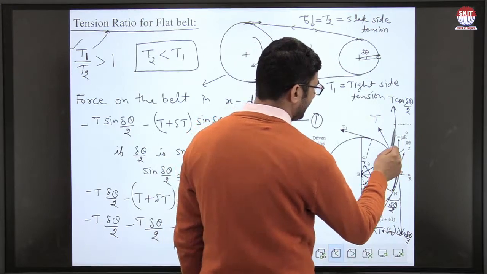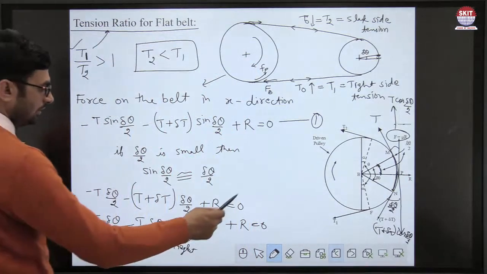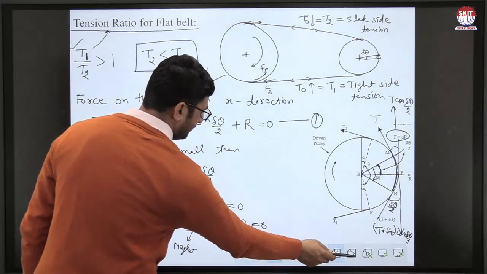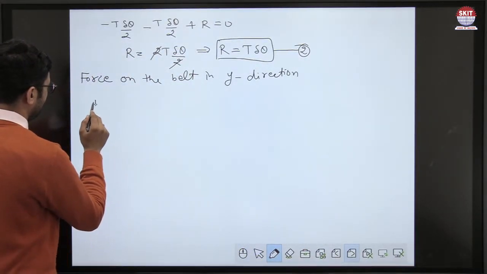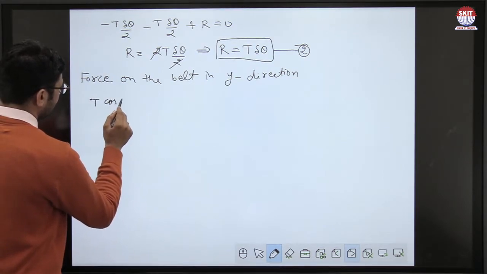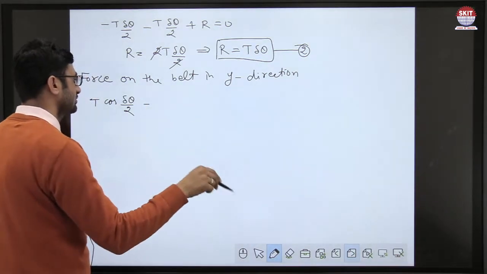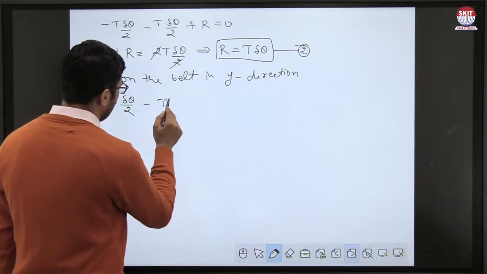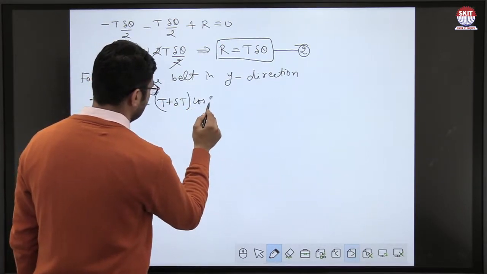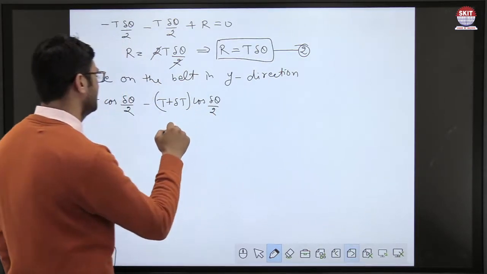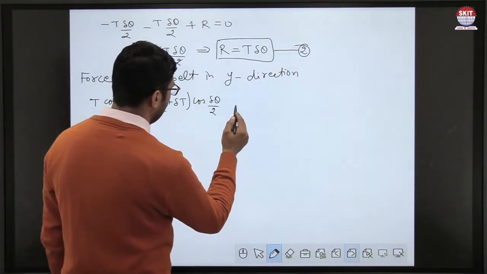And one more component in the y direction is the friction force. So the equation in the y direction is T cos(del theta by 2) minus (T plus delta T) cos(del theta by 2), because this force is vertical downward and this is vertical upward force, and friction force